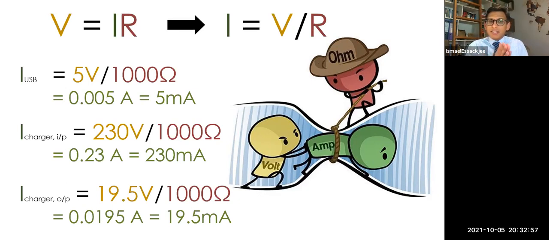So you see, if you need to understand why voltage is so important: ultimately, it's current which is going to decide what type of shock you are going to have. But it depends on the voltage, because your body's 1 kilo ohm is quite a high resistance. Okay, so basically this is what I wanted to share with you.